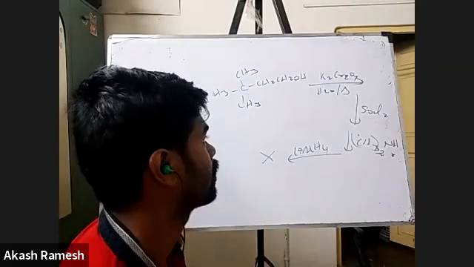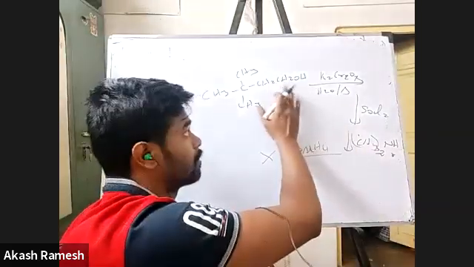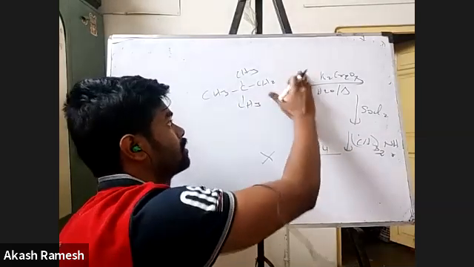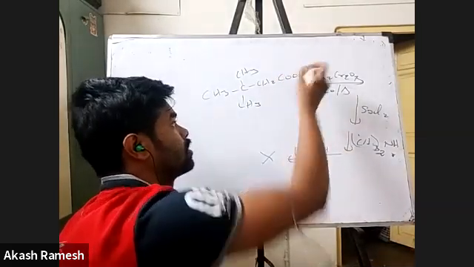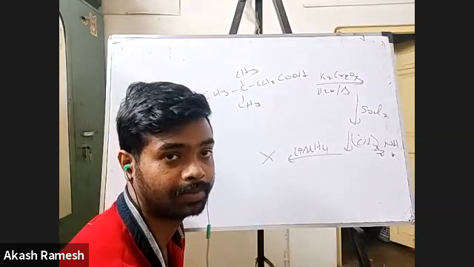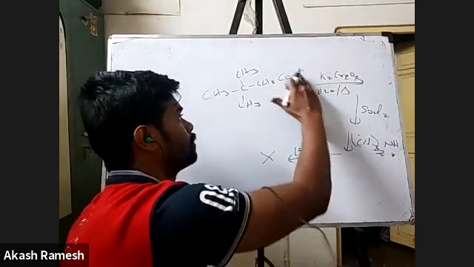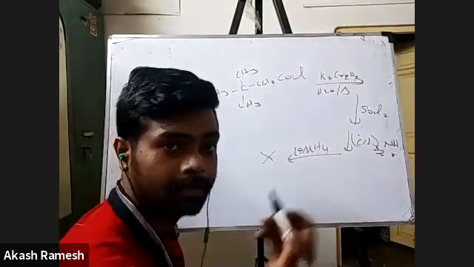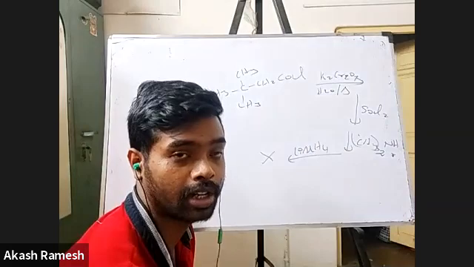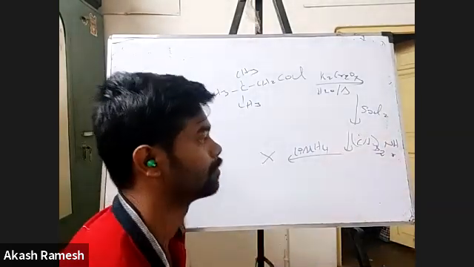So what would have happened? First, if I put K2Cr2O7, this is an oxidizing agent and this is a primary alcohol. So can I say first thing, I will form COOH here after K2Cr2O7, the oxidizing agent? Then if I put SOCl2, what will happen? This will form COCl. SOCl2 is a chlorinating agent that converts acid to acid chlorides.